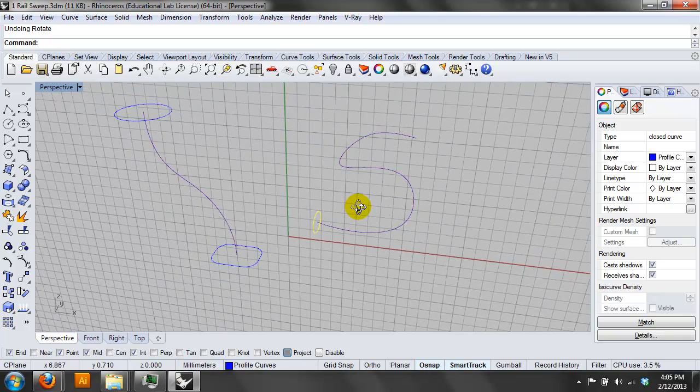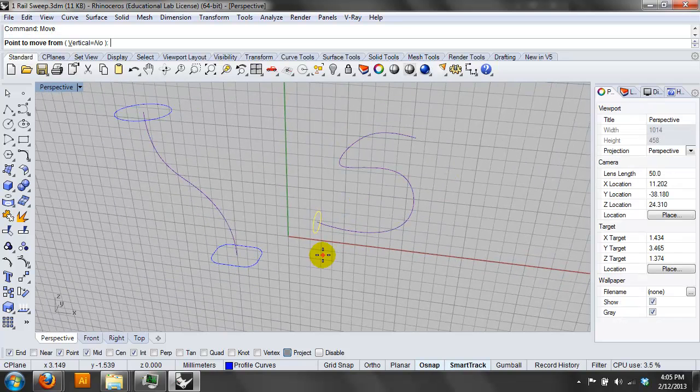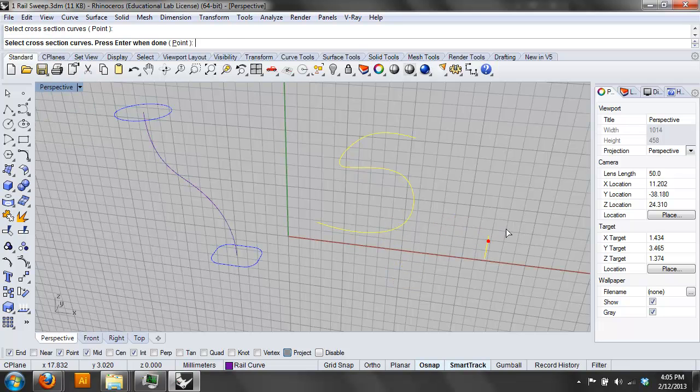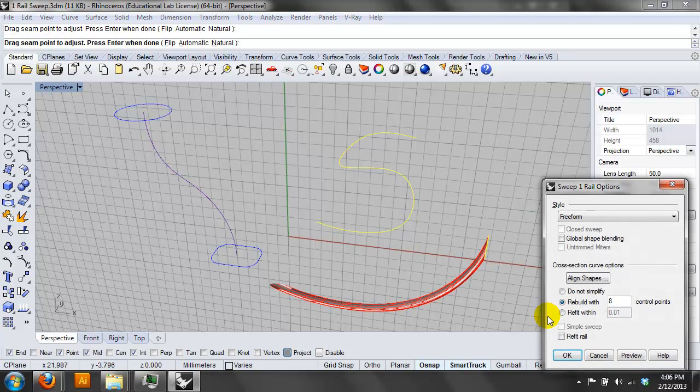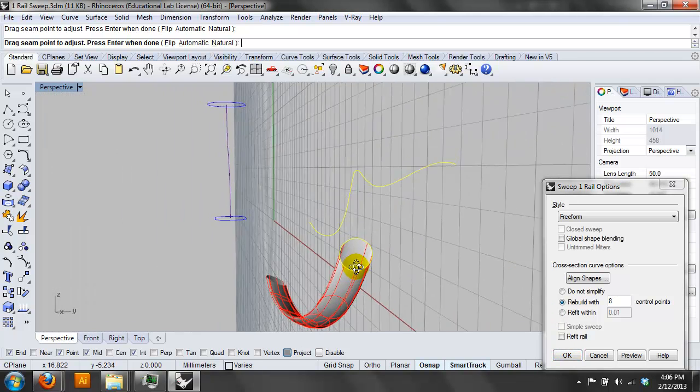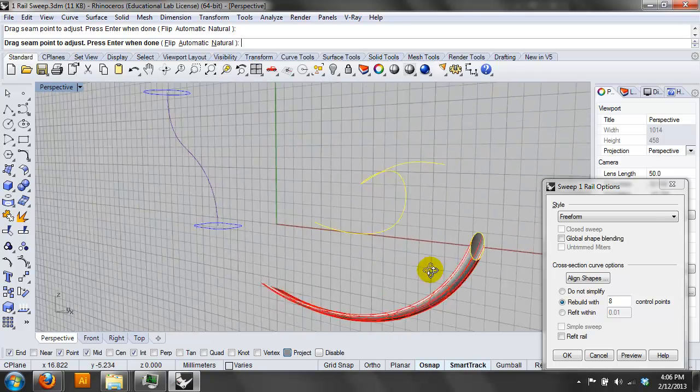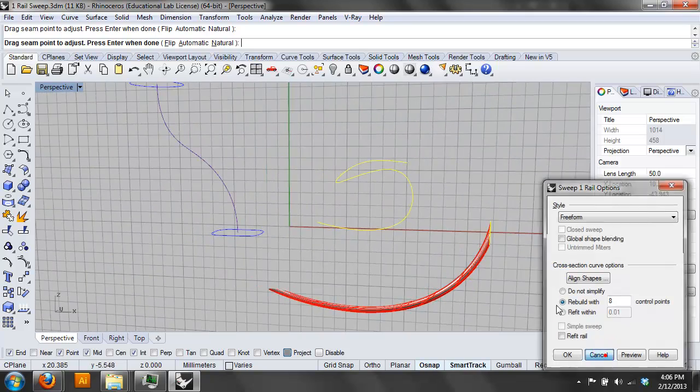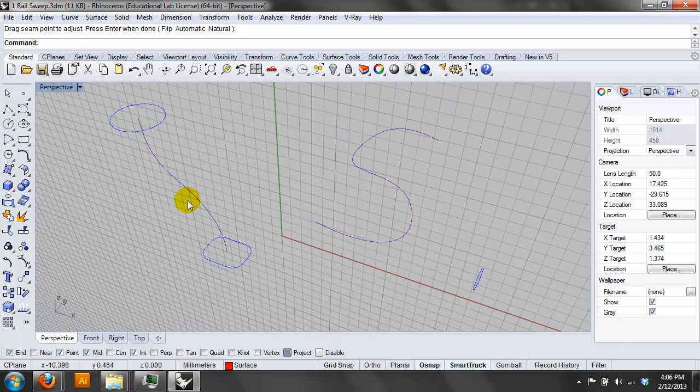Let me show you something else here. And again, this is probably not you, but it's good to know. If you sweep something, and that's your cross section, look at that, right? If your cross section is not aligned with it, it does not work the way you want it to. I don't even know how that ends up there. Okay? And then the second thing that you have to know about it is that a rail, as we